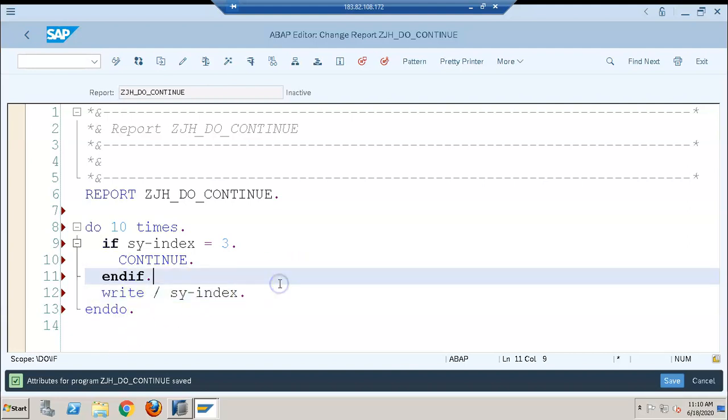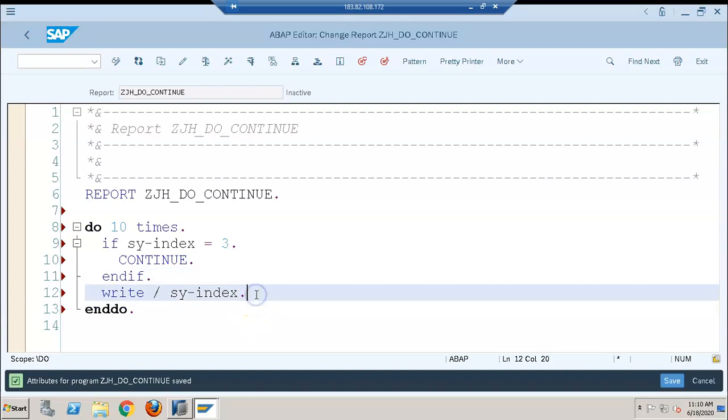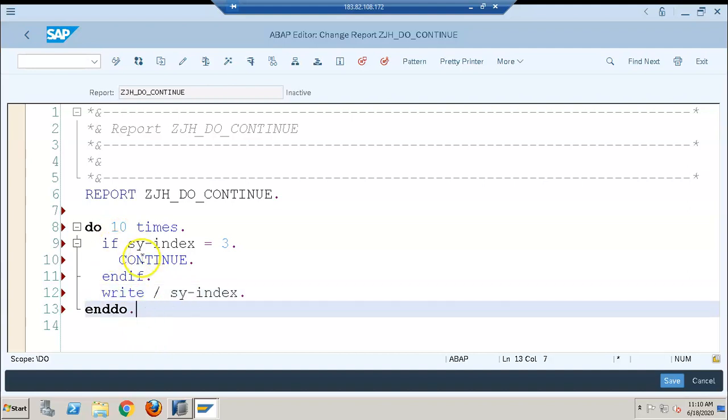What we're telling the system is that if at all the sy index is 3, you just continue. Continue means it will come completely out of this iteration and get into the next loop pass. Exit is like completely coming out of this do statement and going to the write statement. But here in continue it will skip only once.